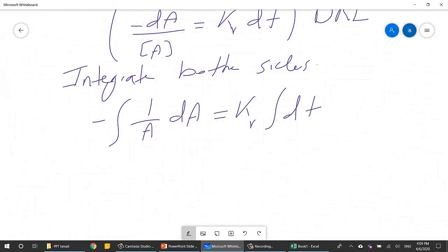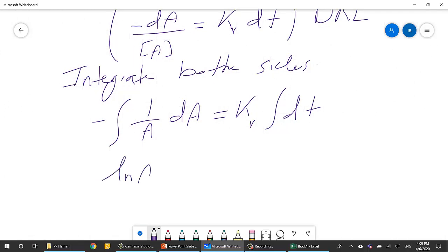The integral of 1 over A is ln A. I'm going to move the minus to the other side to make it easy. So this is ln A from A naught, the initial concentration of A, to A, is equal to minus Kr